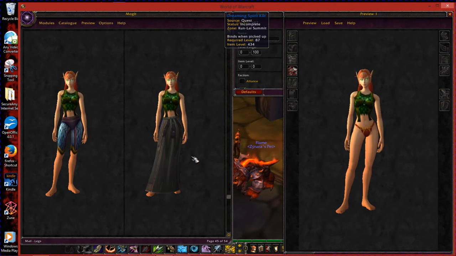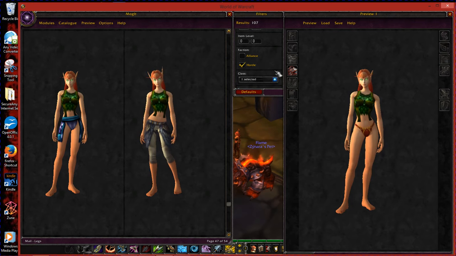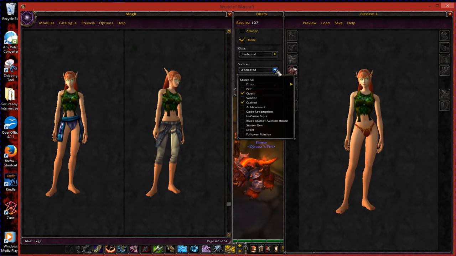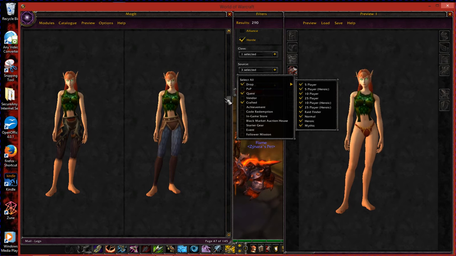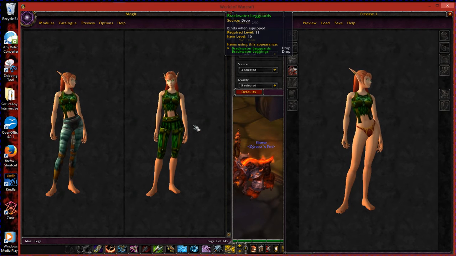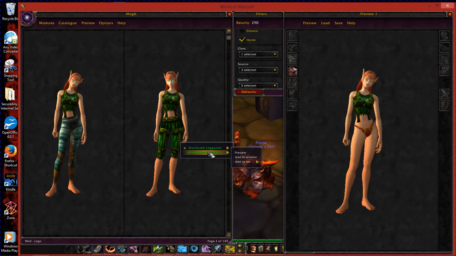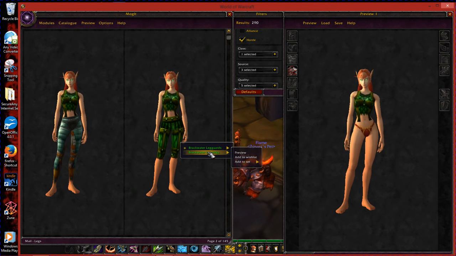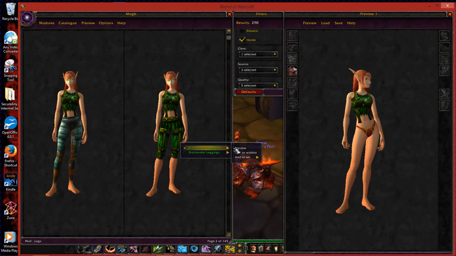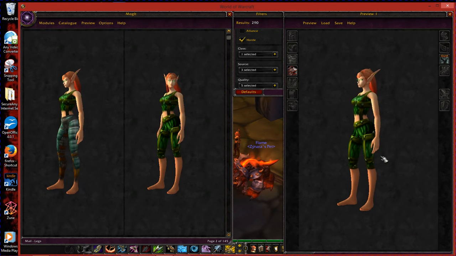So let's go ahead and change. I could always come over here if I was stuck on green and I didn't care about how long it would take me to farm it. I hit drop. That increases my chances of getting a match. And there it is. There's the match. I can tell you Breakwater leggings are difficult to find. It's a 0.0 something, 0.07, 0.02, something absurdly low drop rate. If you really want to farm it, go right ahead. And just for these purposes, we will go ahead and select preview. It's actually a very cute little set.